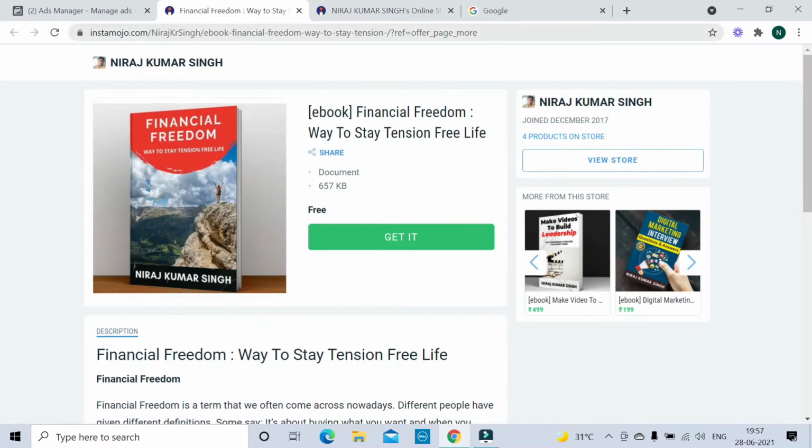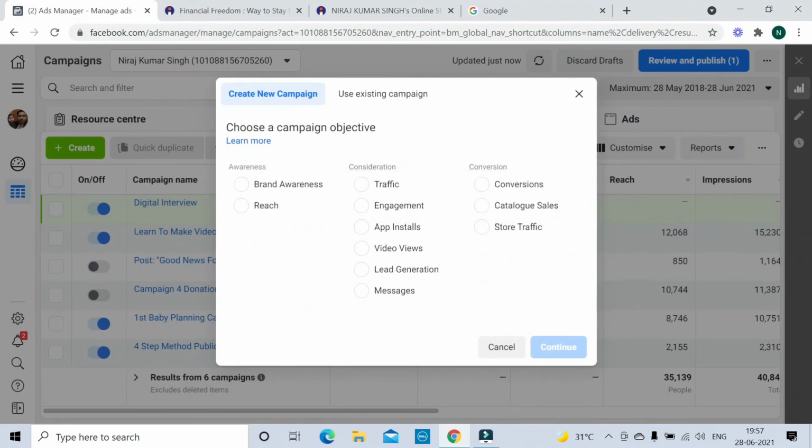I have to copy the URL and paste it in the traffic campaign. So I will show you. Next is engagement. So whatever video you have uploaded on Instagram or Facebook, if you want engagement, then this will help in engaging the audience.